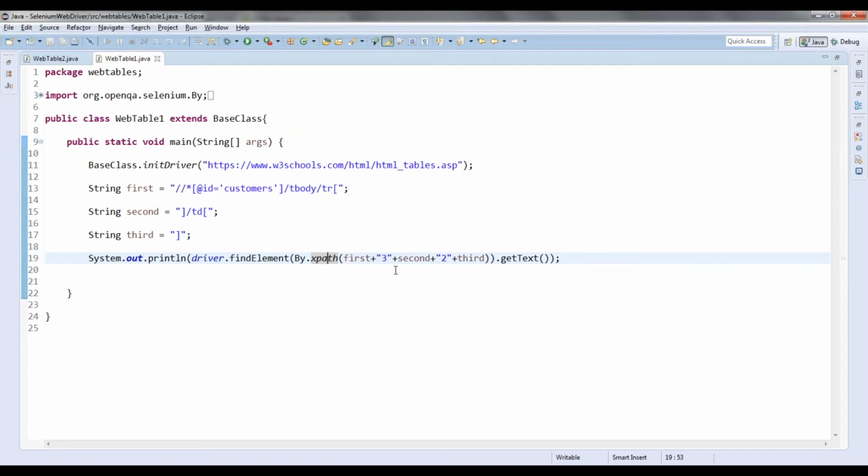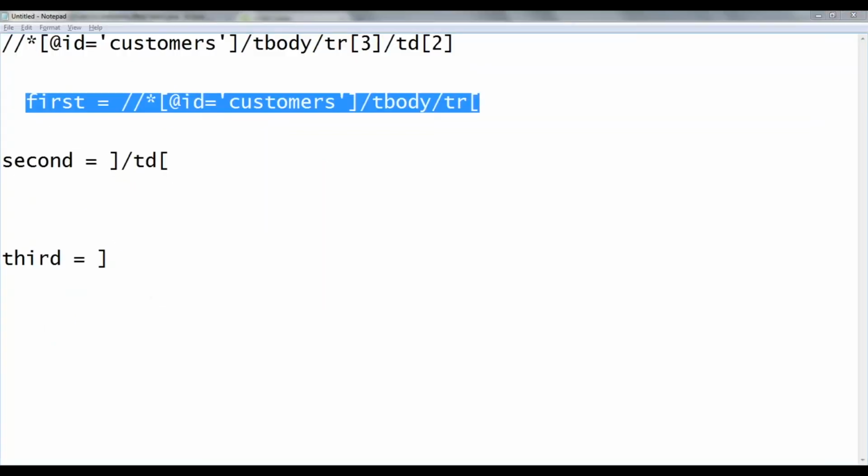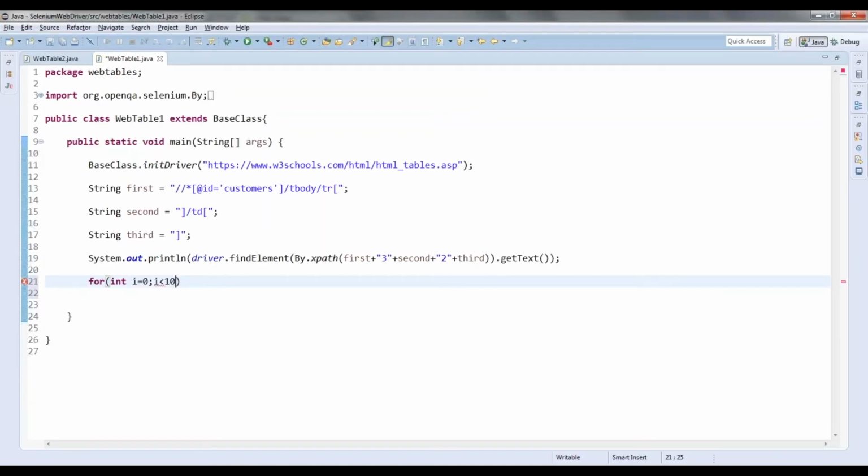No, how will you identify? For example, according to you, you are saying for int i is equal to 0, i is less than some value. It might be 10 or it might be 20, but how will you identify there are 10 records or 20 records or 30 records in a table? Yeah, that's the first question. So how will you identify 30 records in a table? How are you going to do that?